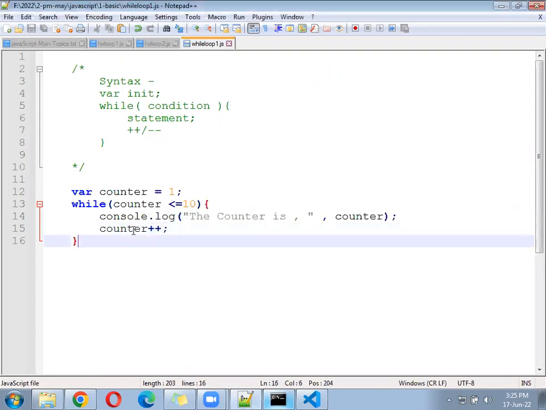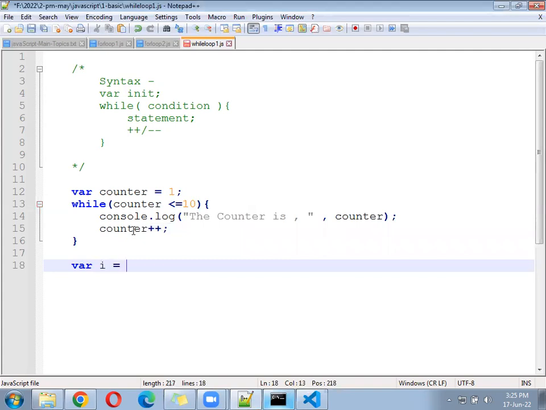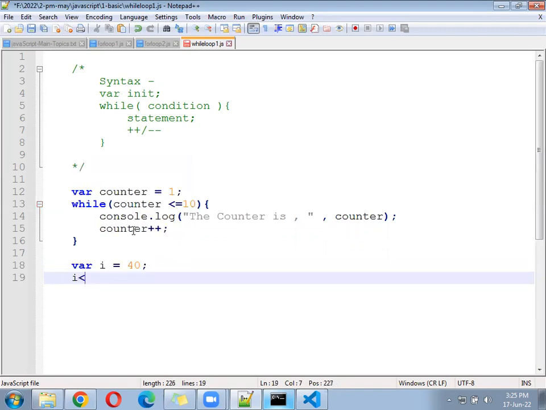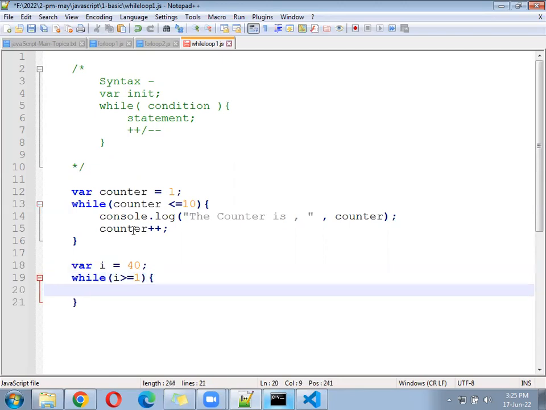Come now again inside. Use the next variable. i equal to 40. i less than or equal to 10. While, not less than, i greater than or equal to 1. Then come down, print the value of